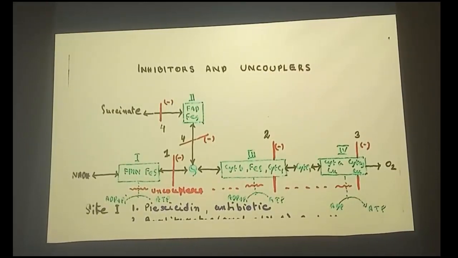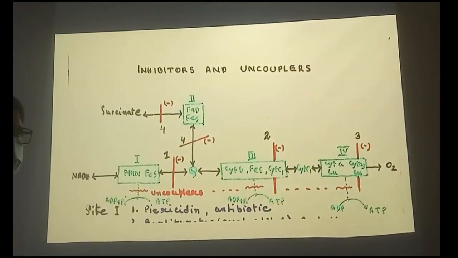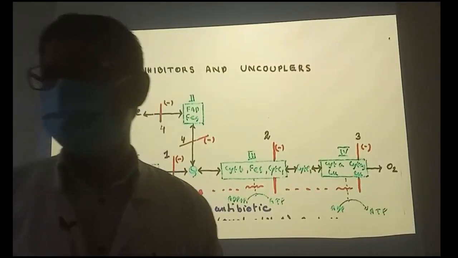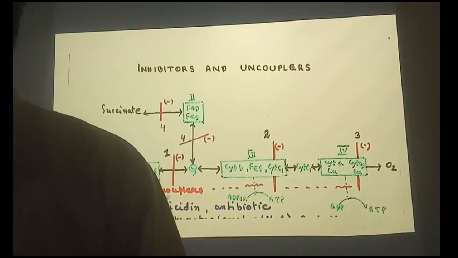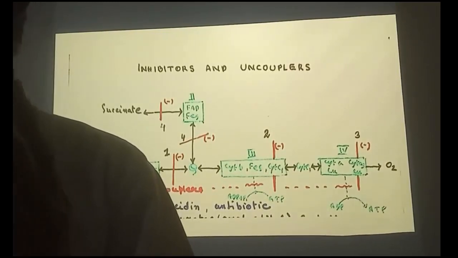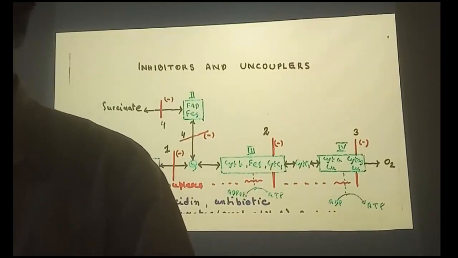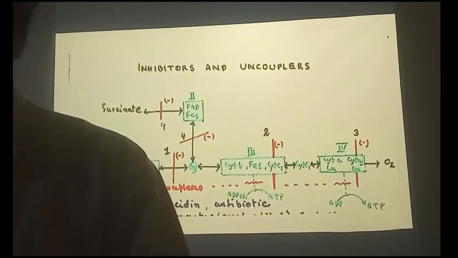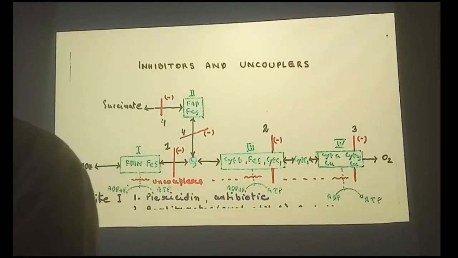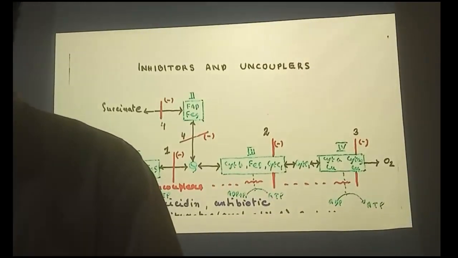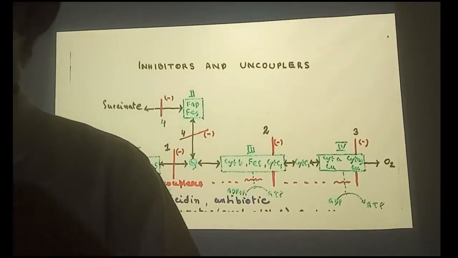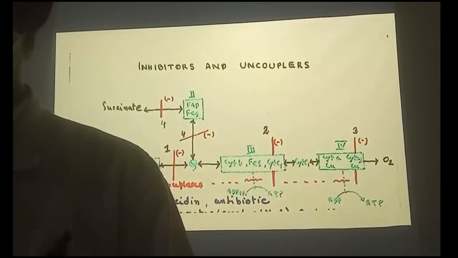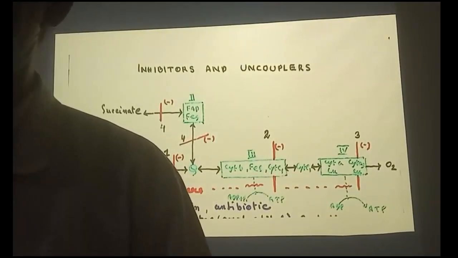Now, this electron transport chain could be blocked by certain drugs or chemicals. They are known as inhibitors. So transport of electrons can be hindered, can be stopped. They are known as inhibitors of the electron transport chain. These are the reagents by which we have been able to study the electron transport chain in more detail, and later on we have generated certain drugs as well.